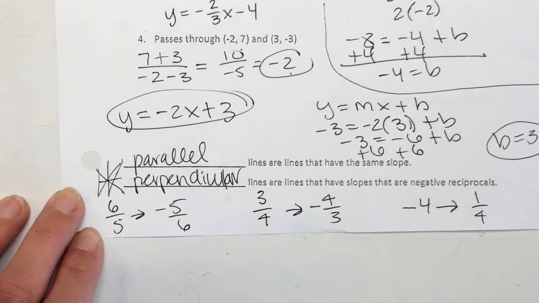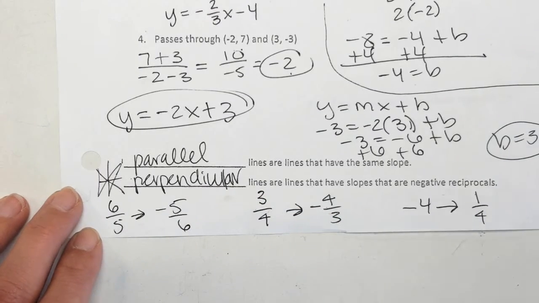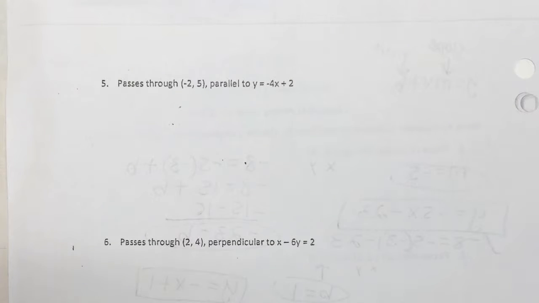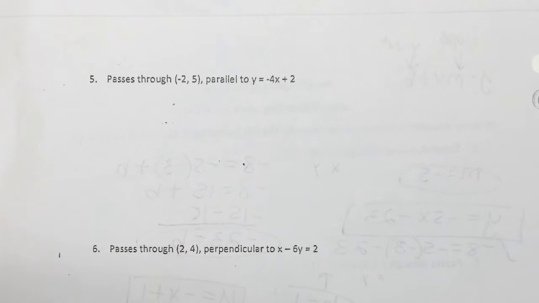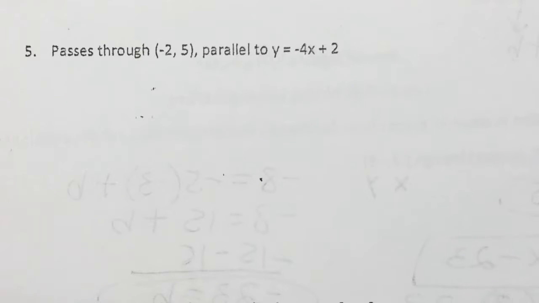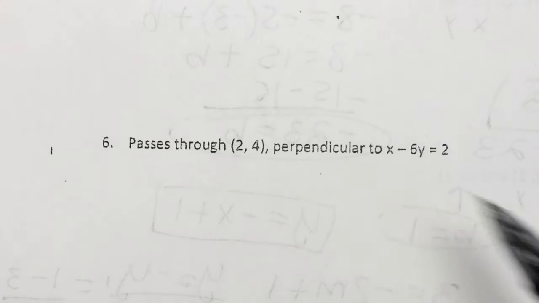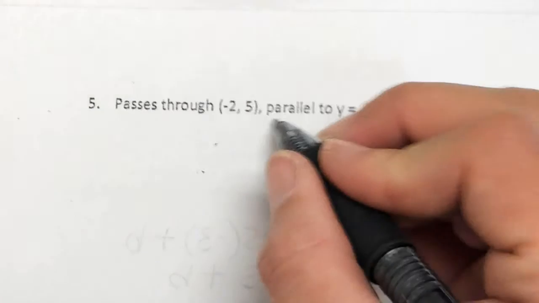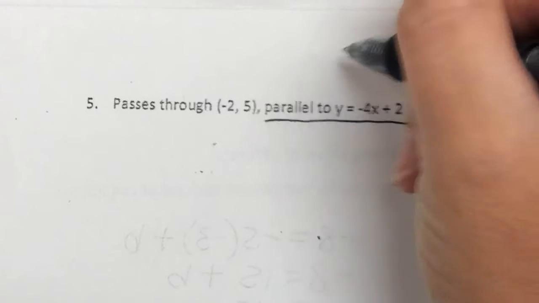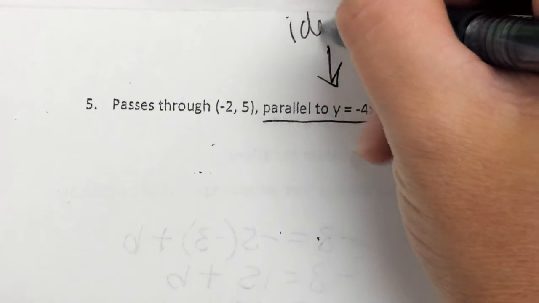Good. Everybody understand what a negative reciprocal is? Okay. Flip it over. So we're going to be doing the same thing we did on the front. You're going to be writing linear equations. The only difference is they tell us that it's parallel to this line or perpendicular to this line. The only reason they give you this bit of information, and I want you to write this down, is to identify